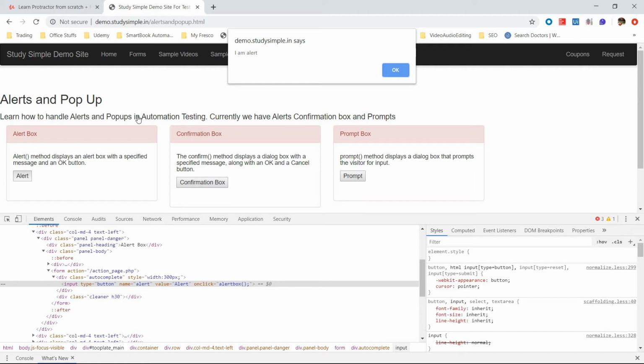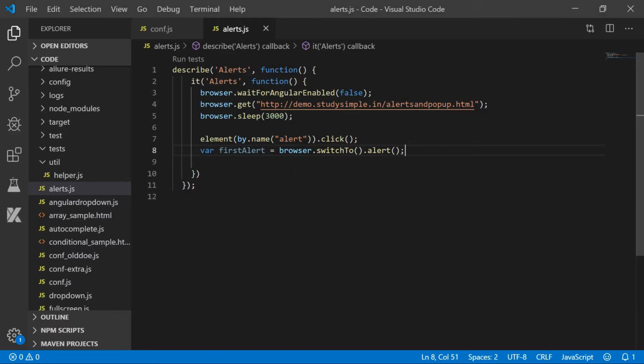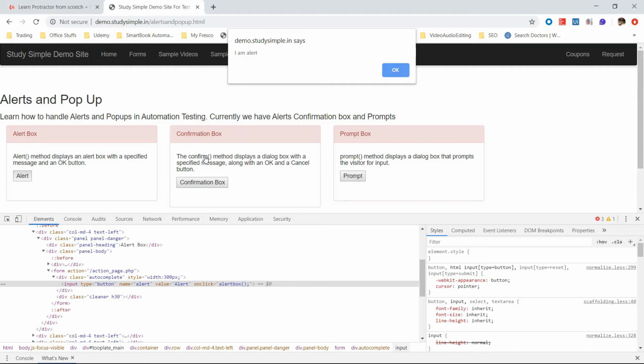Currently our focus is in this area, this page. We have to change it to this alert box. For that we are doing the switch to. This switch to is completely the same as iframe, where we need to switch from the current website to the iframe and switch back again to the current website, which I have already described in the iframe section of my lecture. So in this case we have to do an alert click, and then we have to switch to alert to do operations on this box.